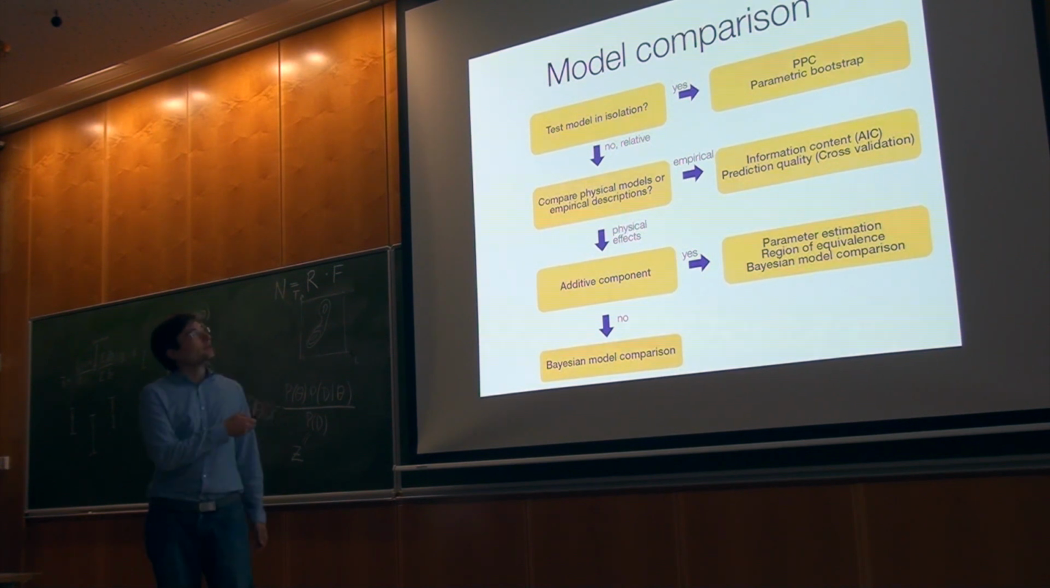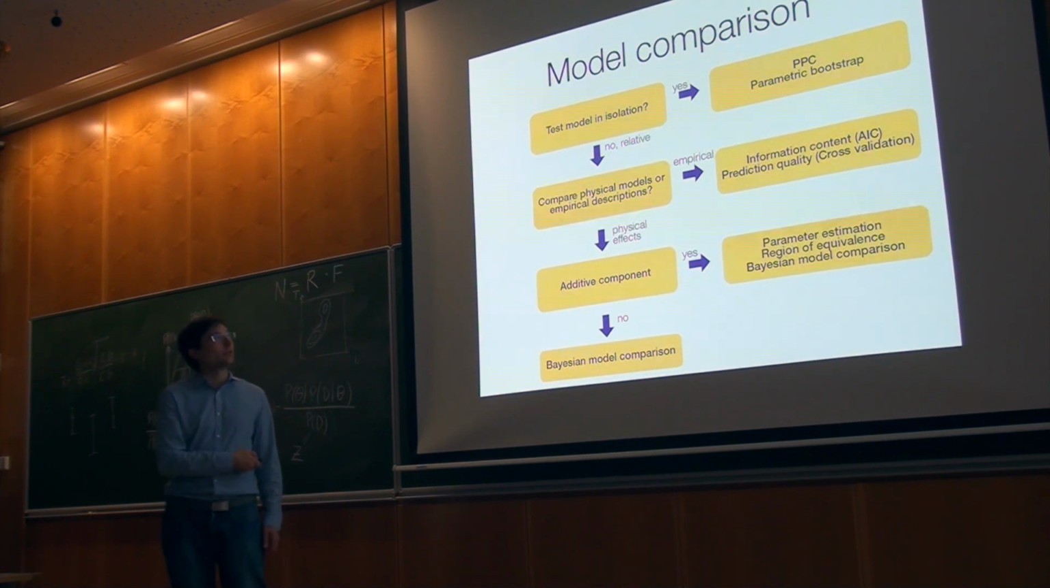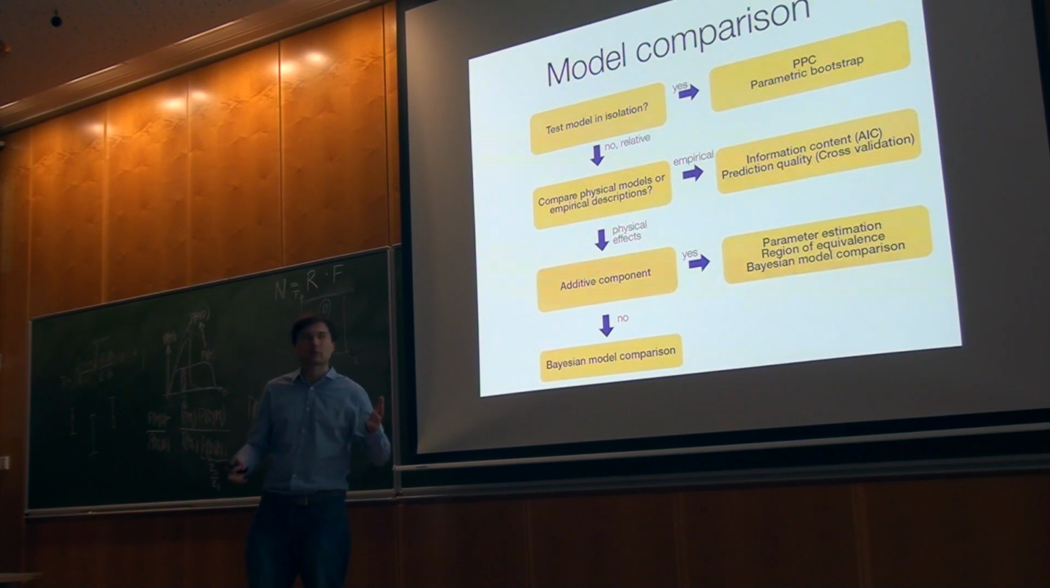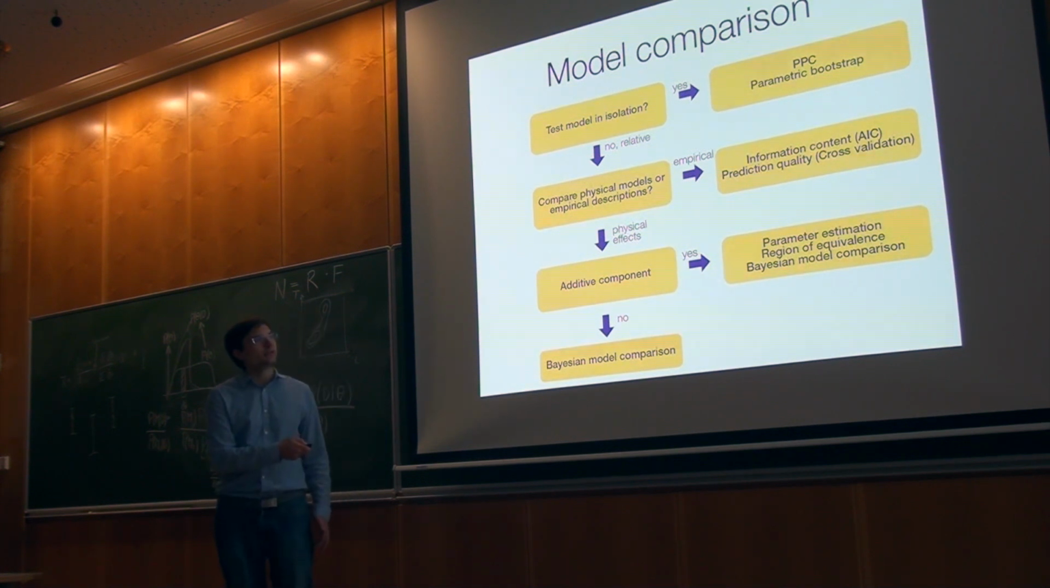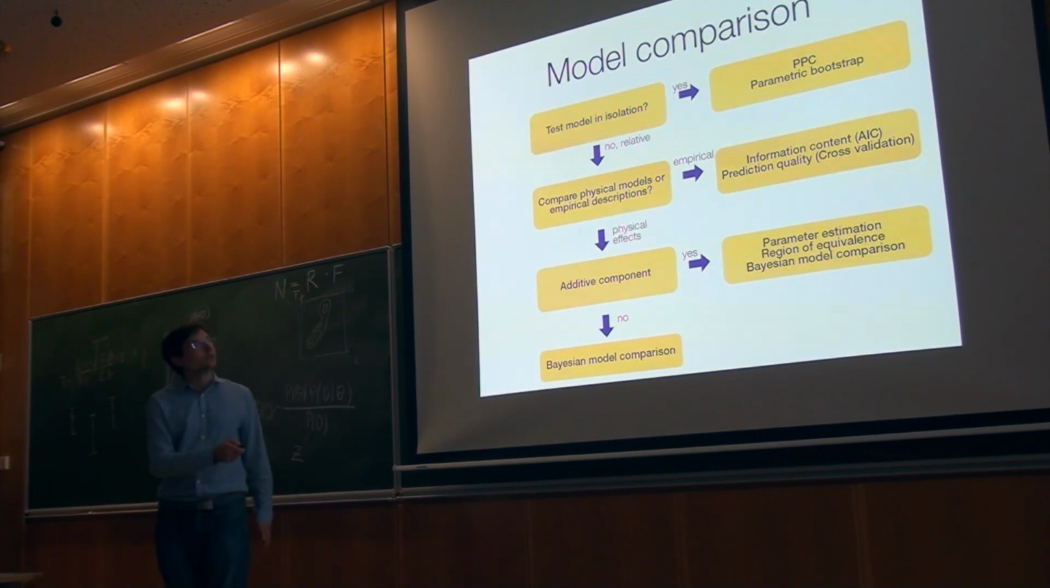If you compare multiple models, then you have to ask the question, are they empirical models or more physical models? If you have empirical models, I would go to something like information criteria or cross-validation for its prediction quality. But if you do physical models, then it depends if you do nested models or not. You might do something like regions of equivalence or just parameter estimation. But in both cases, you could do Bayesian model comparison. And that leaves me to hand over to you